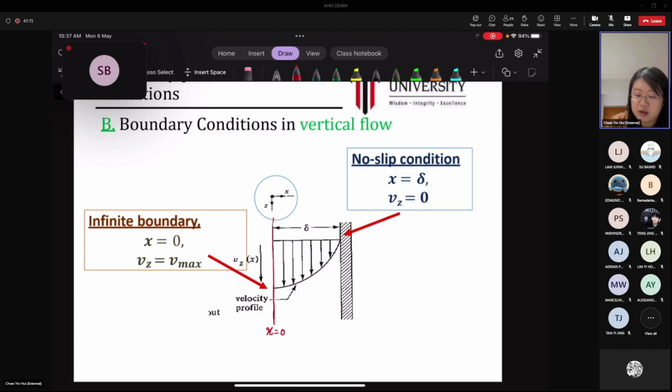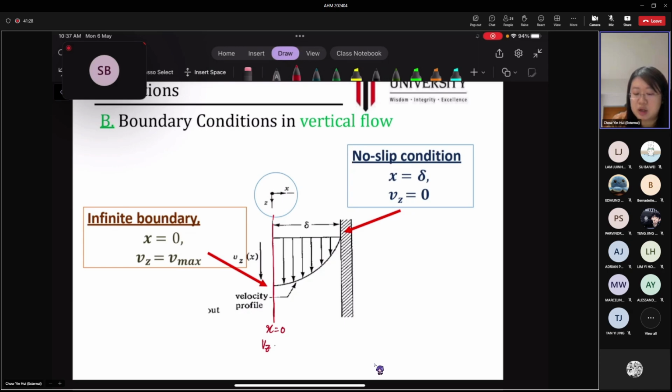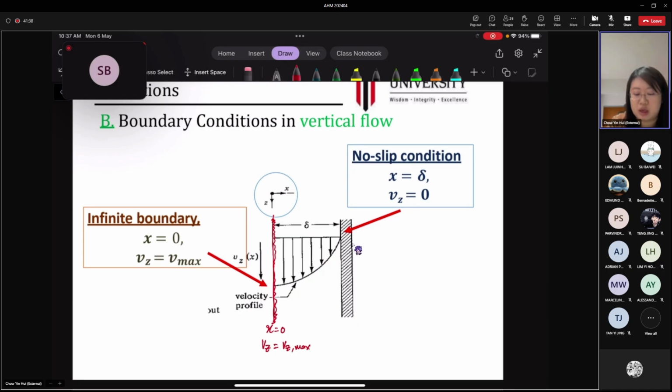This means the viscous effect would be negligible, the friction to fluid flow would be negligible at this boundary. So that's why the velocity in the z direction we denote as Vz max. Your fluid layer, the fluid molecules traveling at this boundary, would be at the maximum velocity because it's at a distance far away from the plate,